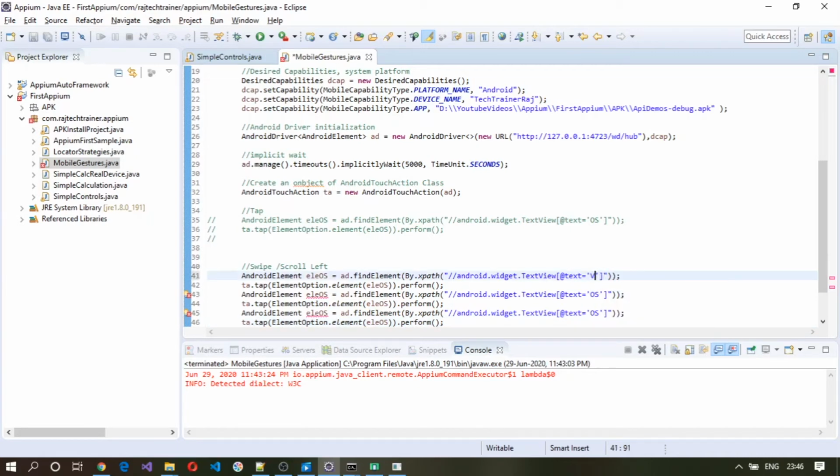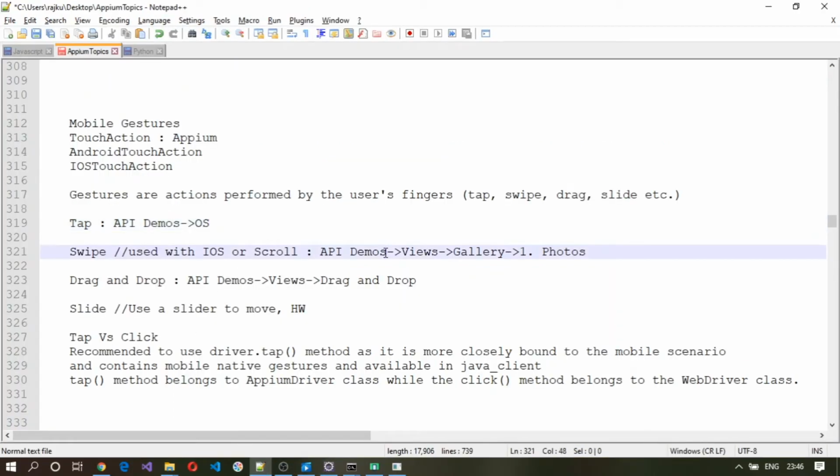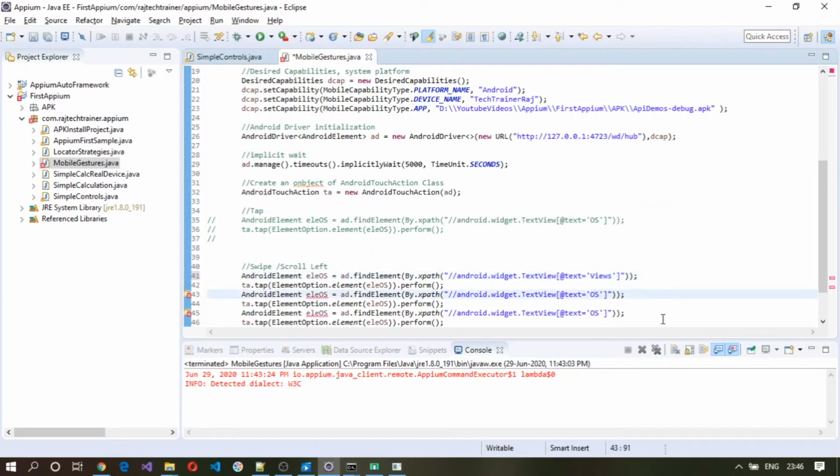The first one is views. Okay, so by default you will get this API demos. We need to click on views and then gallery. So here the text is very important. If the text is wrong, it is not going to find out that particular element. 1 dot space photos. Okay, here ELE view and then ELE gallery,